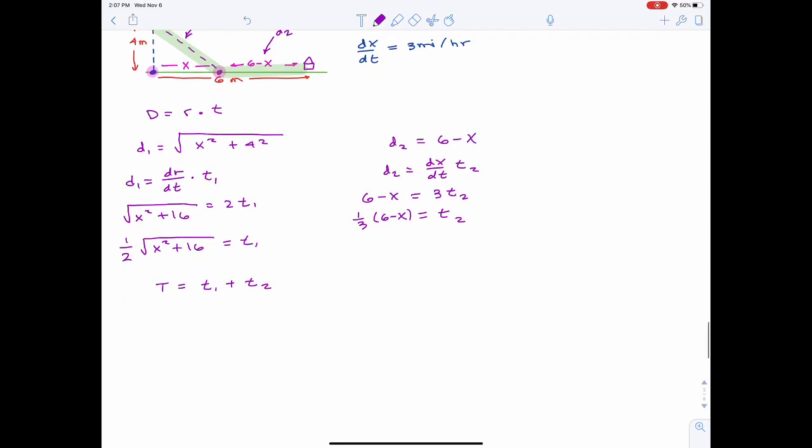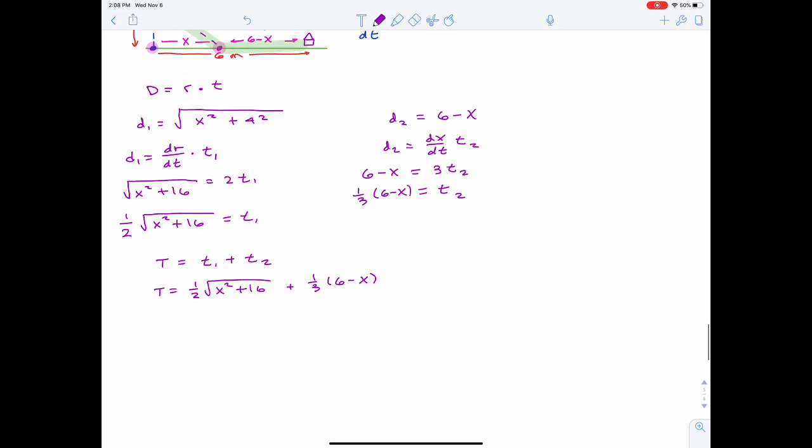So time 1 equals 1/2 the square root of x squared plus 16, and time 2 equals 1/3 times 6 minus x. Okay? Got an equation? Let's go take some derivatives here. So, taking the derivative of this with respect to x,